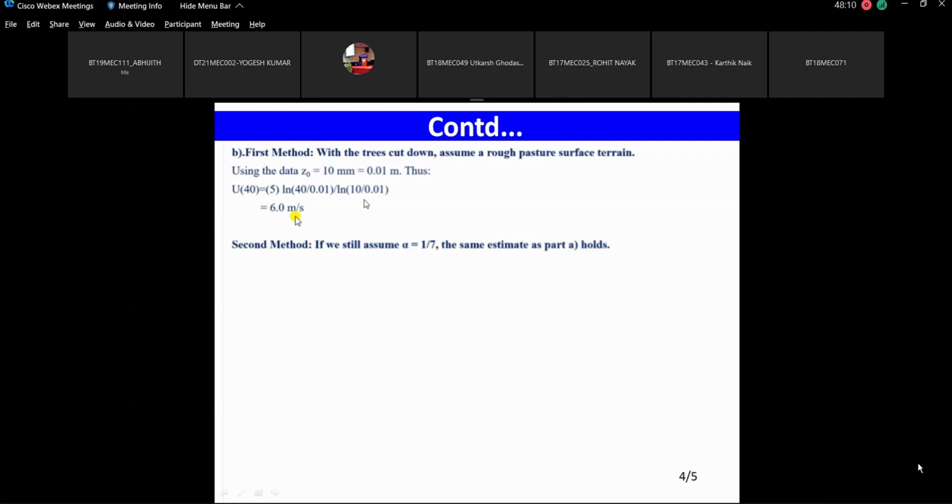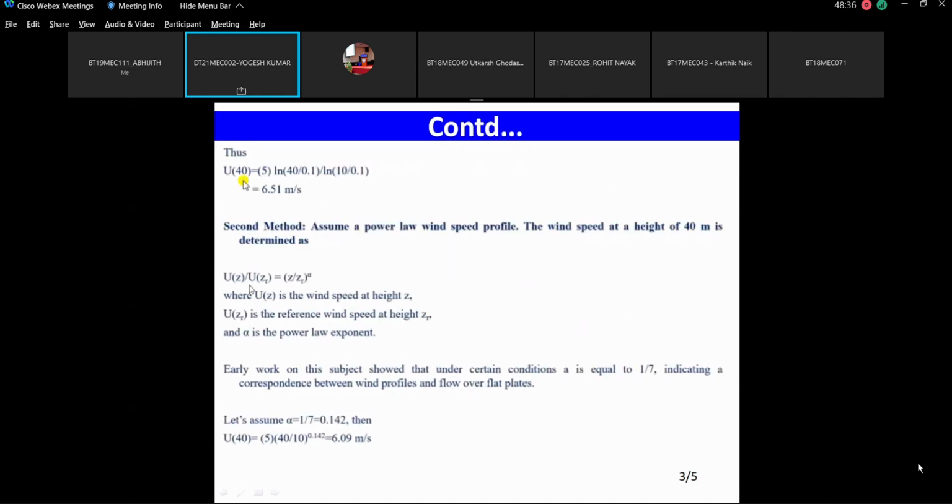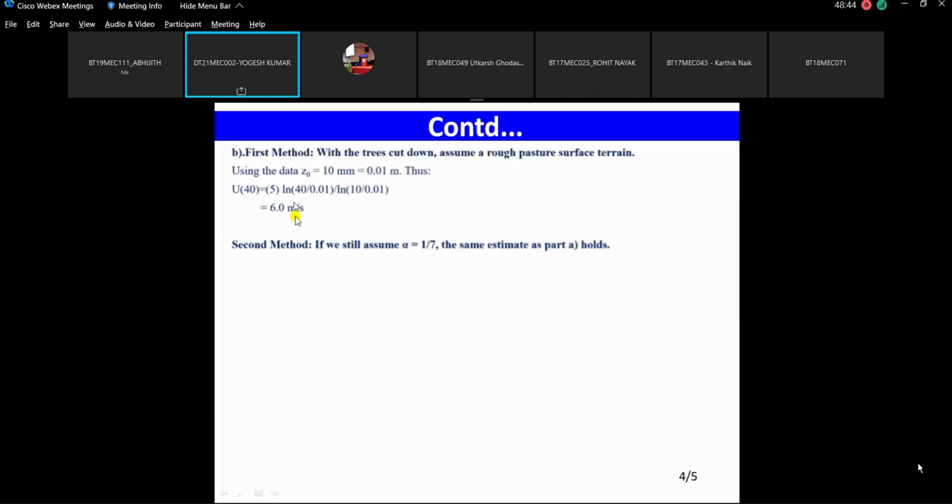Now in part B, using the same methods as part A, meaning the logarithmic profile law and power law, determine the wind speed at 40 meter if the trees were all removed from the terrain. So we use only the Z naught value in the logarithmic profile law. In the power law, there is no Z naught. So according to the power law,